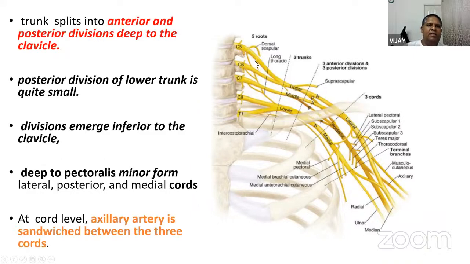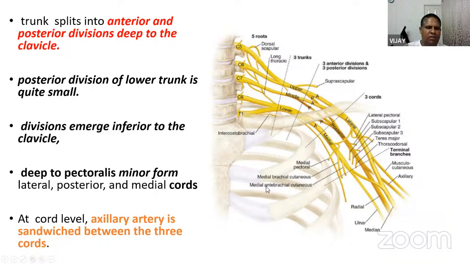The trunks again split into the anterior and the posterior divisions, A, P, A, P, A, P. So anterior and posterior divisions. The posterior division of the lower trunk is quite small, and they usually emerge inferior to the clavicle, deep to the pectoralis minor, okay, and